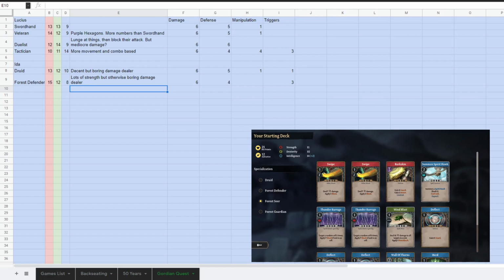Okay, so we have some, let's say, 11, 10, 14. So this is the int-based one, Forest Seer. Thunder Barrage. Target a random cell 5 times. Applies 7 shock if unit is on cell. I'm going to assume that that's the enemy cells. I don't actually know for sure that that's true, but...